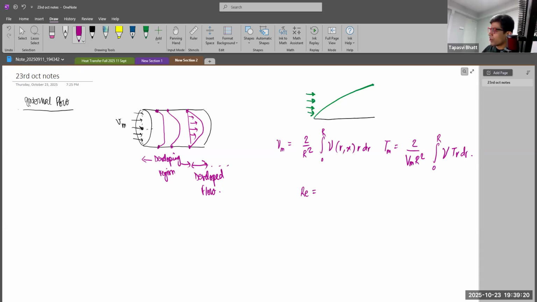Then obviously our Reynolds number is rho V d over mu, which is rho times Vm times d over mu. What is d? D is Dh here. So if it's a circle, it's the diameter itself, which is the hydraulic diameter of the system. Just in case we have different shapes, the Dh can be calculated as,